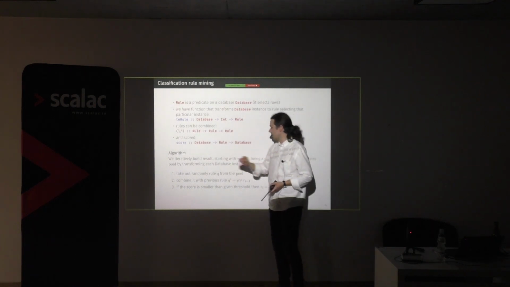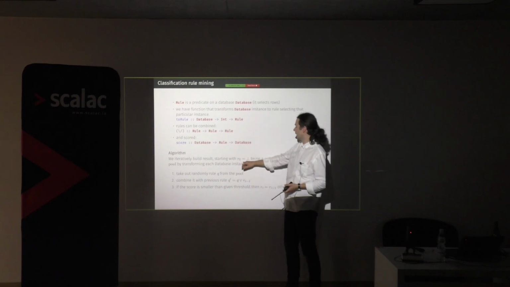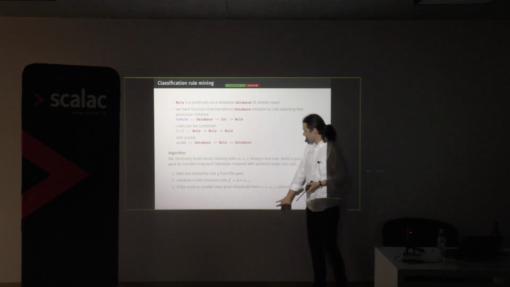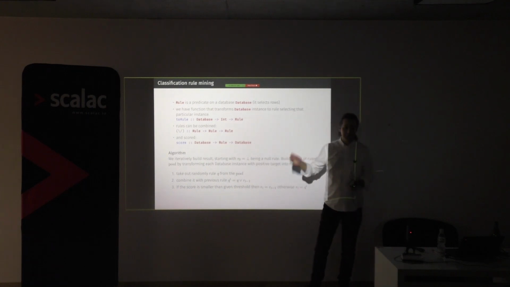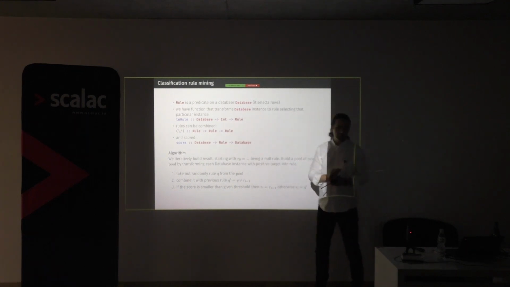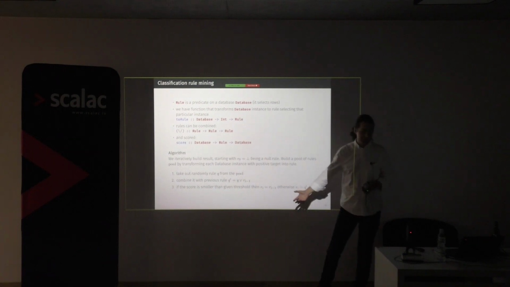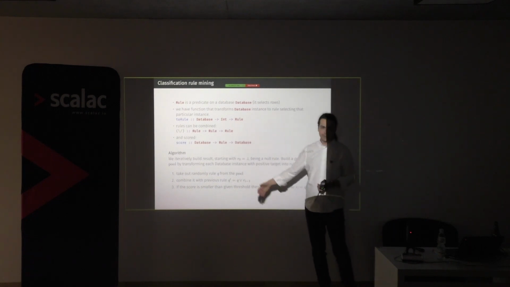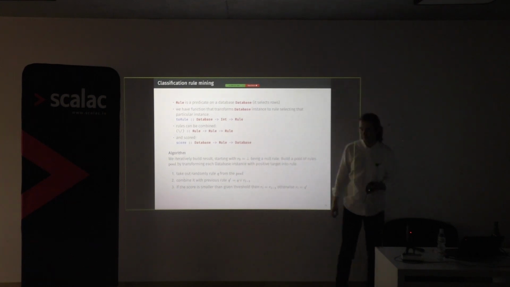We take randomly one of them. We combine it with the rule that we had on the previous step. So if we are on step 1, we combine it with a null rule. And then we check if the rule that we got, this Q prime, has a score better than a certain threshold or not. If it has, then we accept this rule for the next iteration. If it's not, then we don't change the rule. But the rule that we drew from the pool is, in any case, discarded.